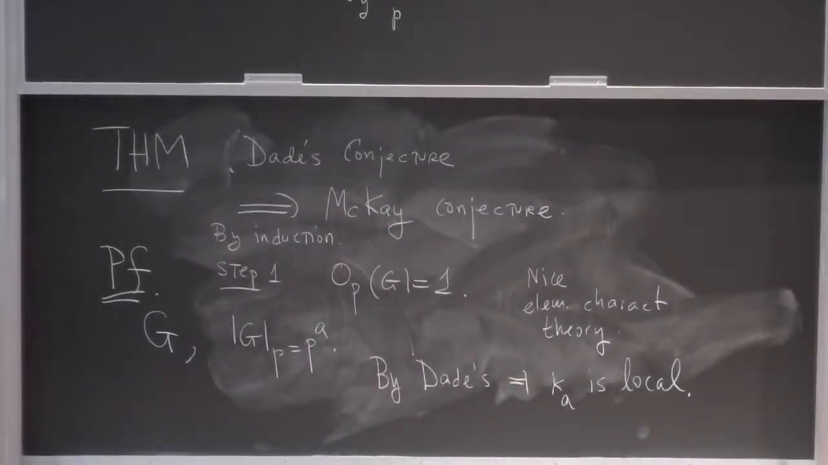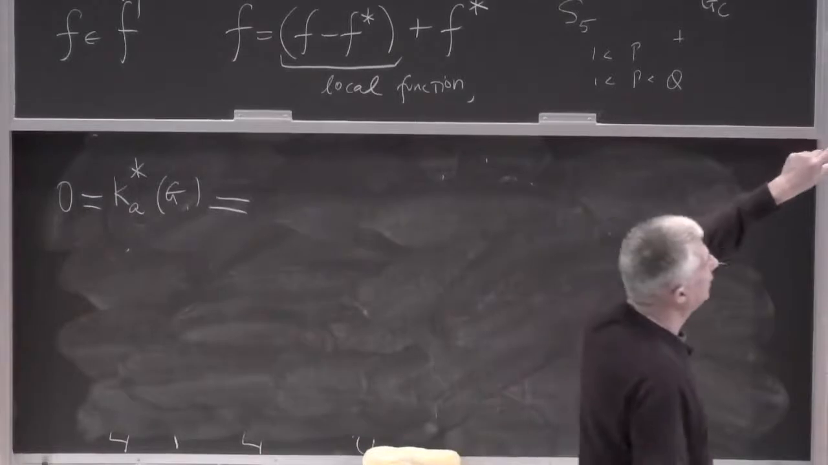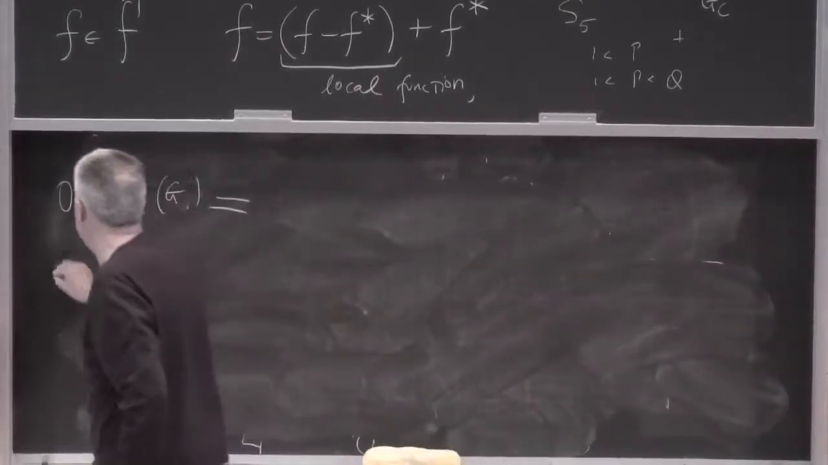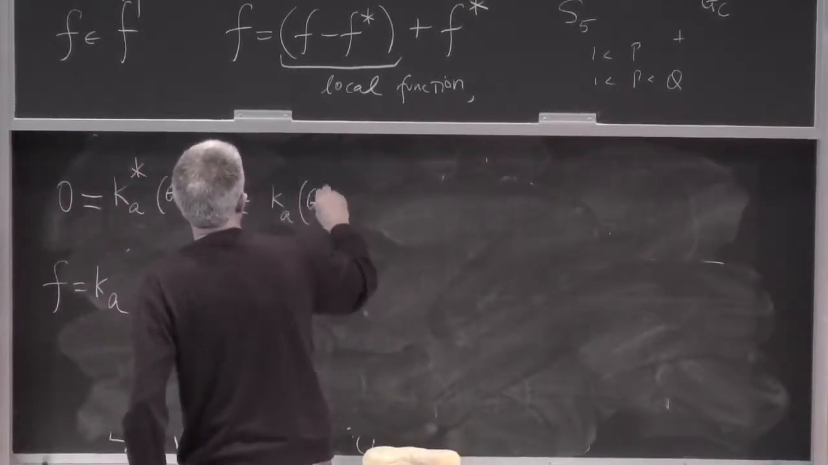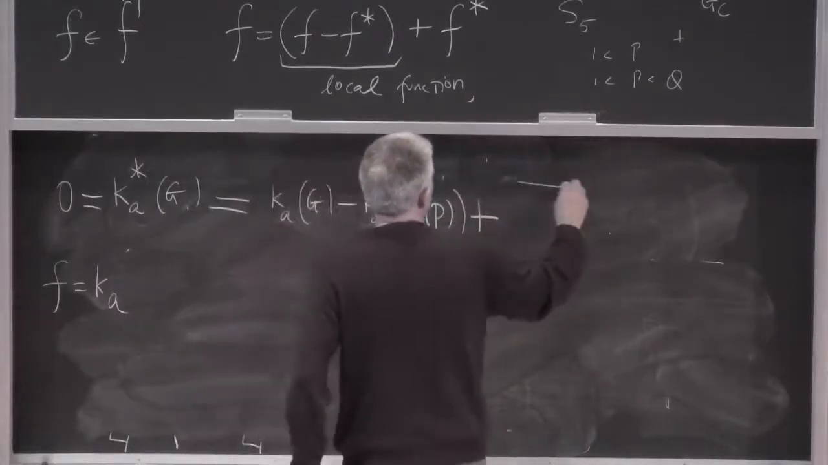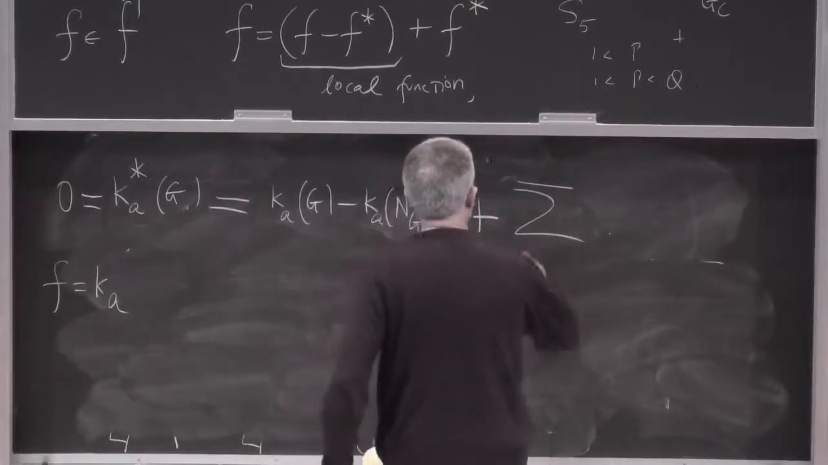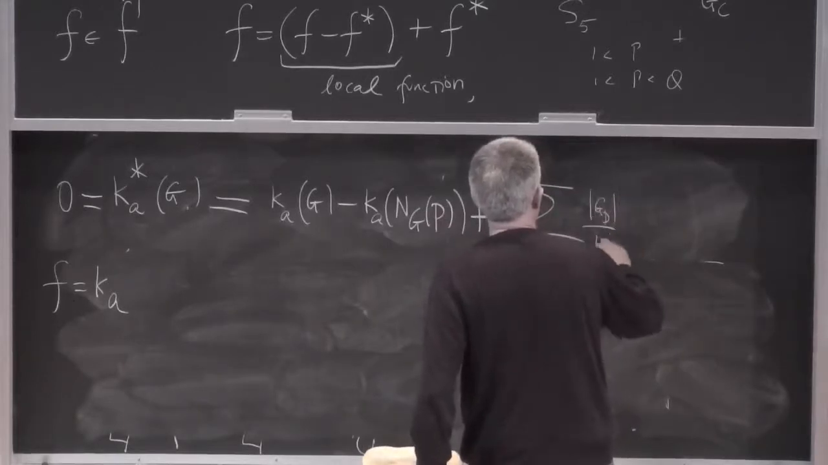Okay, so I know that K is local. K is local means that I'm going to apply this lemma. Local means that the star is 0. So this means that the star is 0. But the star with this lemma is F. I apply this lemma to F equals K_a. And I have that this is K_a of G minus K_a of the normalizer in G of P, plus a bunch of things that I don't even want to think about, which is some change, whatever,